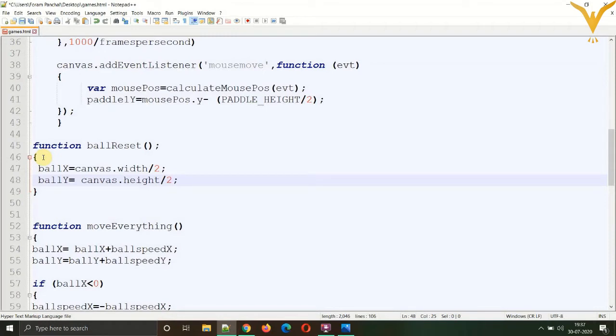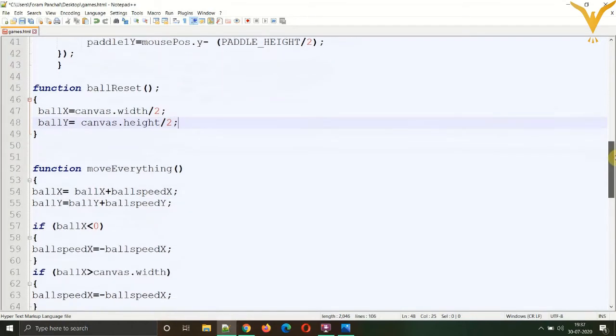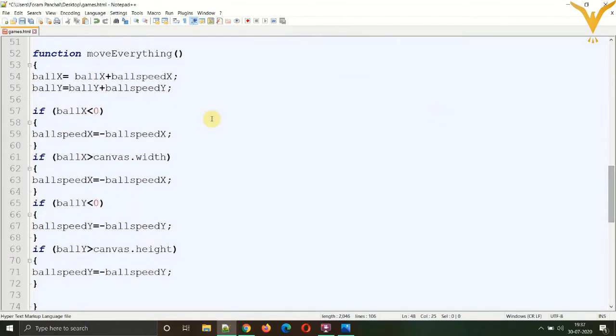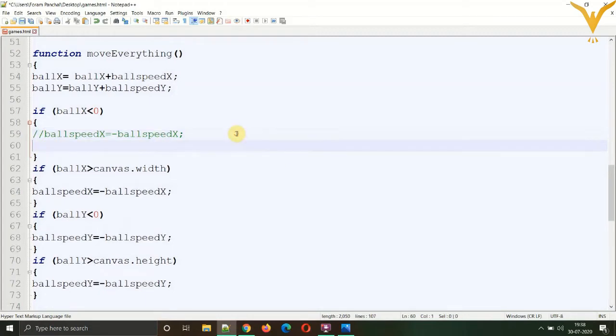Now we need to call our function. We'll be calling our function wherever the ball is touching the left edge. So for now, let's comment out this statement. Commenting out will ignore the statement, so temporarily we can ignore it.